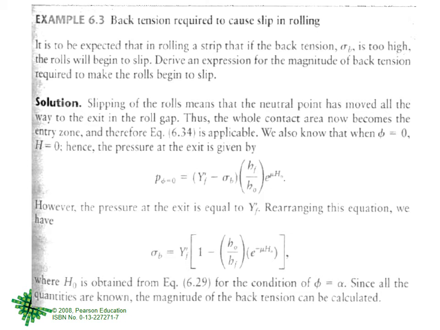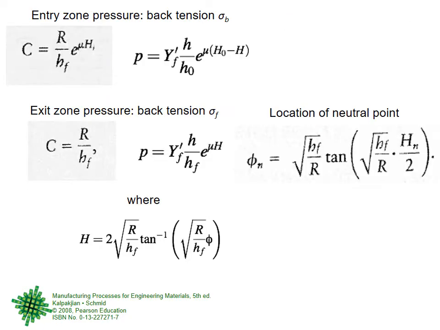So this was the problem that we just discussed, right? Back tension required to cause slip in rolling. I am just reminding you of the equations. This is the entry zone back pressure, and this is the exit zone back pressure, and this is the location of the neutral point. So these equations you know, and the theory was that when back tension becomes equal to the roll pressure, then